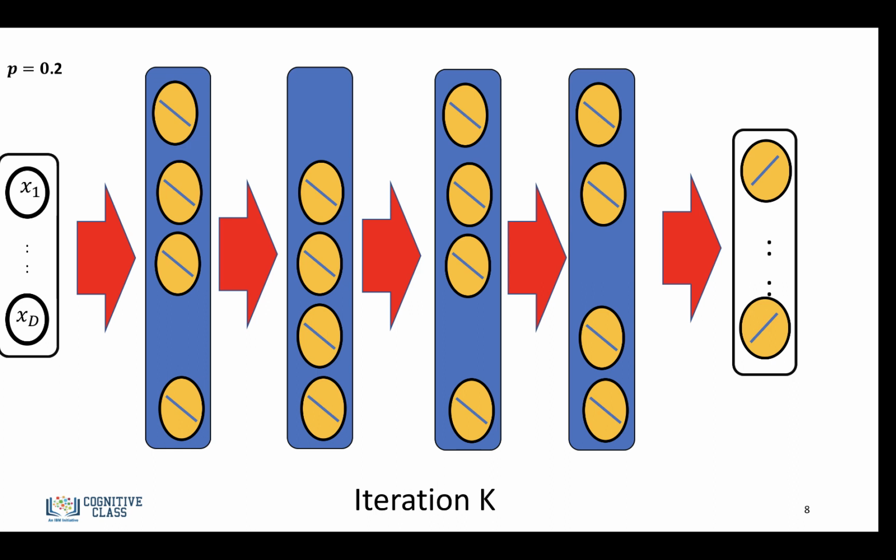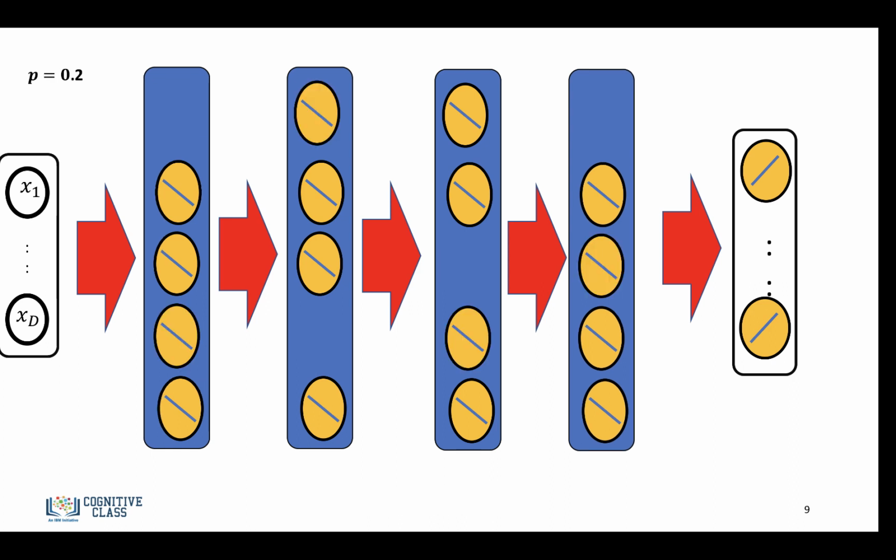So just a note, this isn't really important, but if you're curious and you know a little about neural networks, what PyTorch does is it normalizes the values in the training phase. Other methods may do it in the testing phase. But again, you don't really have to worry about that because PyTorch will take care of that for you.